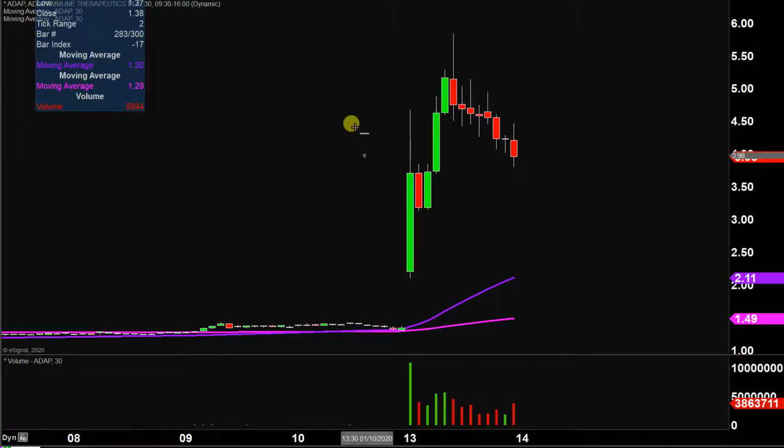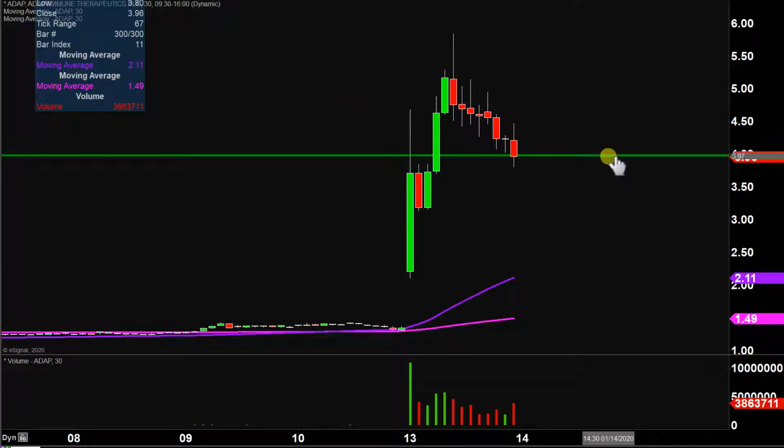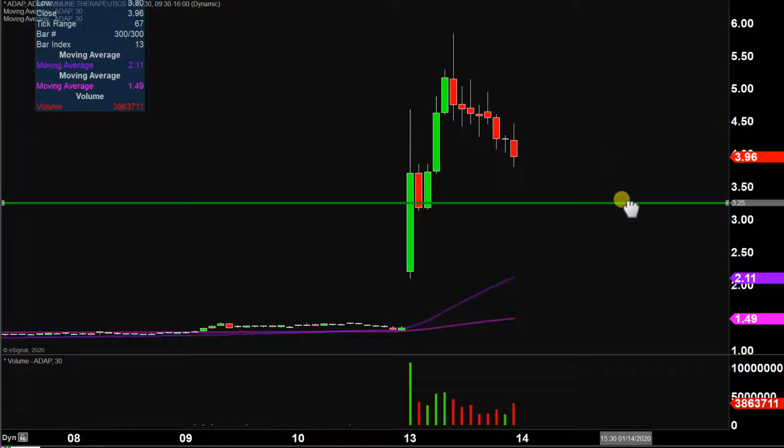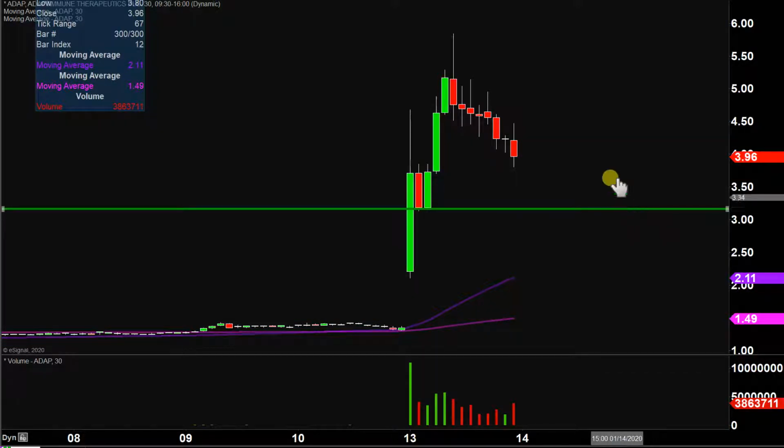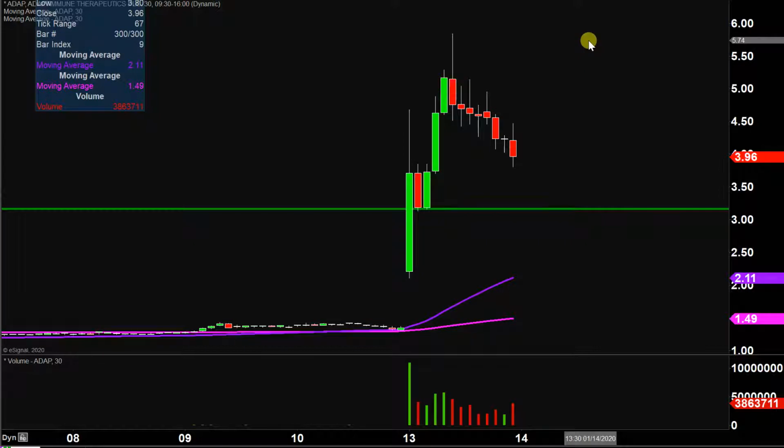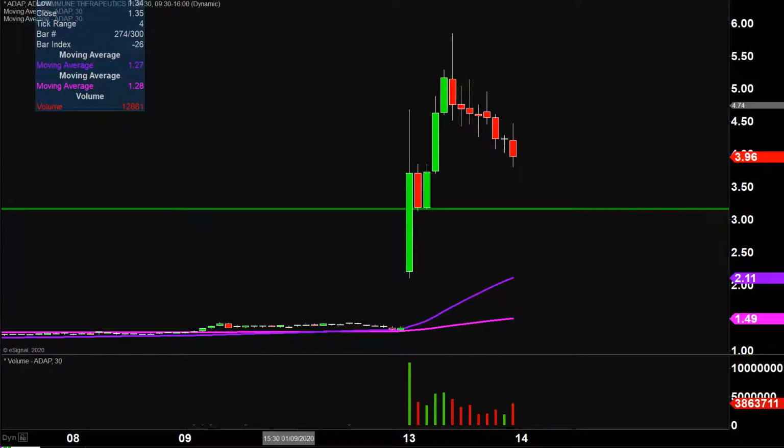First level of support is what I would call the ideal level. If you say, Clay, what would make this chart look the absolute strongest going forward? That would be if the price could stay up here above $3.15. Now, don't get me wrong. If the price falls below $3.15, I'm not saying the entire chart is destroyed or ruined or anything like that. But if the price could manage to stay up above that level, that would definitely be a massive sign